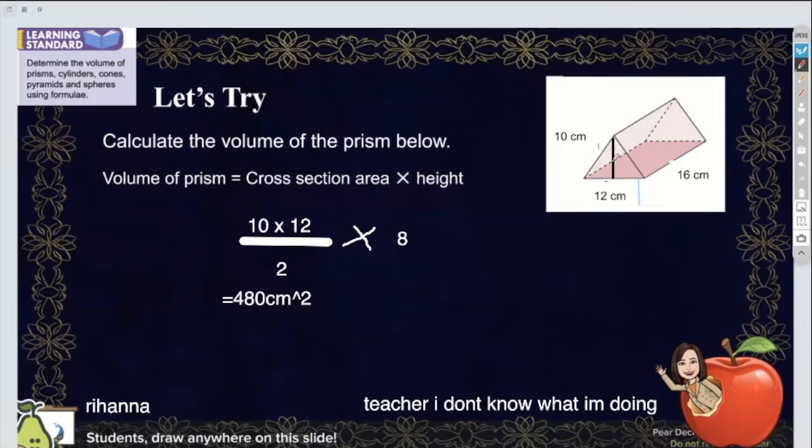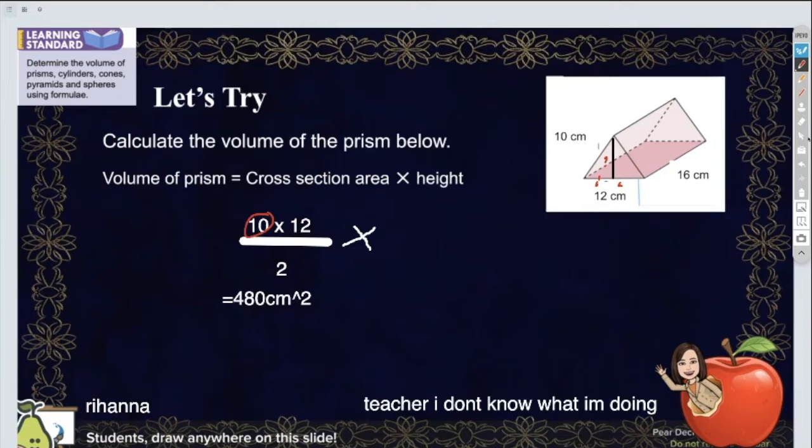You draw the line here. So what is the value of this? How to get this value? So you find this one area, then only you multiply by 16. How suddenly I see your 10 here is wrong already. No, we are not using 10. We are not using this length, but you need to find this length. Using this length to find the height. So you have to use the Pythagoras theorem. This is 10 square minus this one is what? This is 6 here, divided into half. 6 and 6 here, okay?